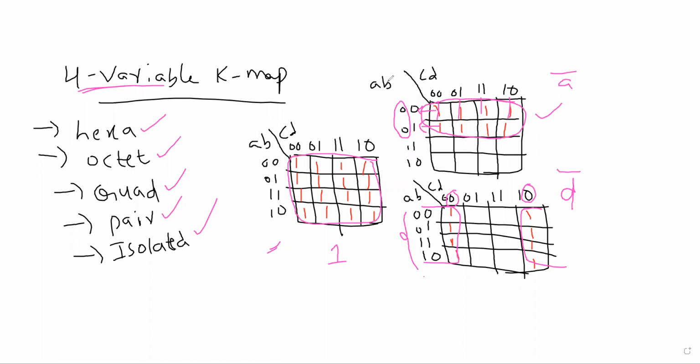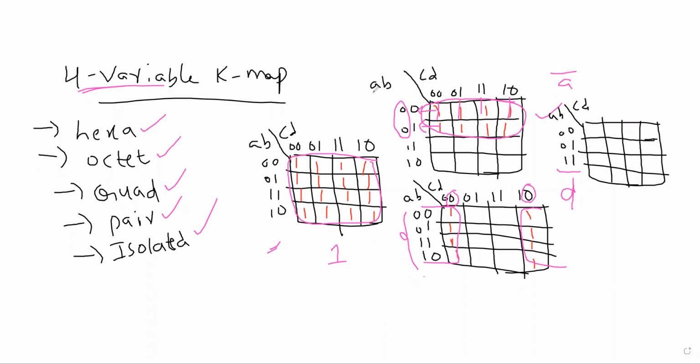Now here, I'm going to consider one more K-map. Let us assume that 16 cells are there. Now the inputs will be A, B, C, D, 0, 0, 0, 1, 1, 1, 1, 0. Here also 0, 0, 0, 1, 1, 1, 1, 0. Now let us observe very carefully. This one is very important.